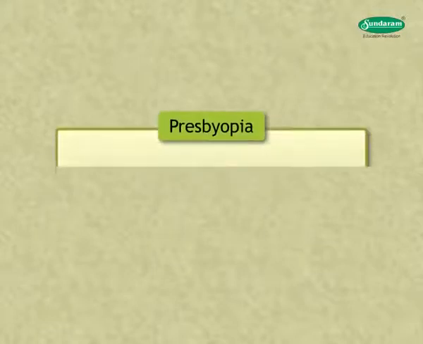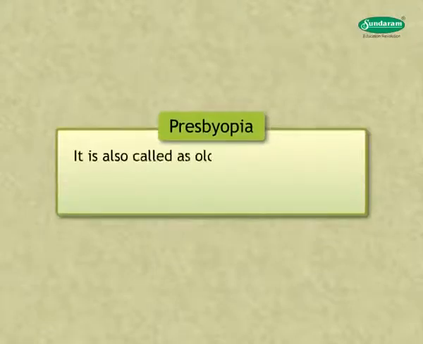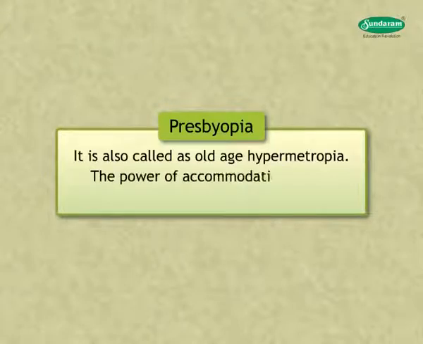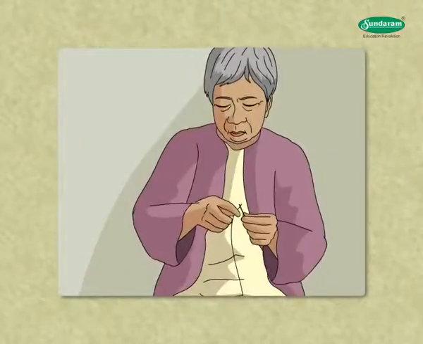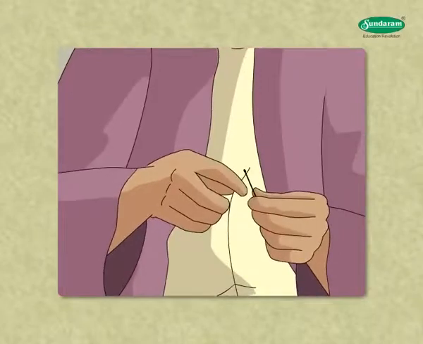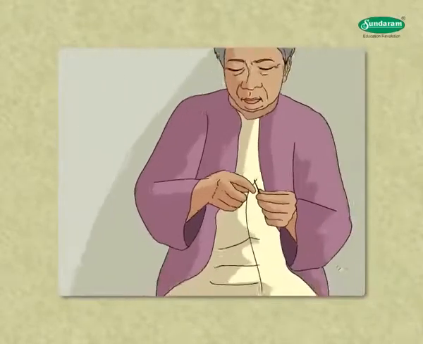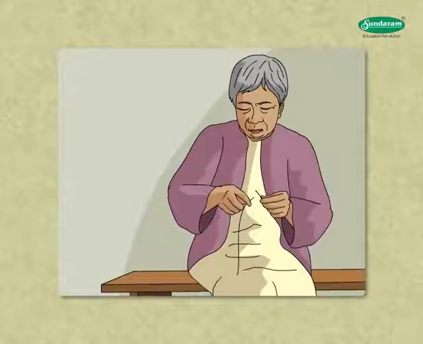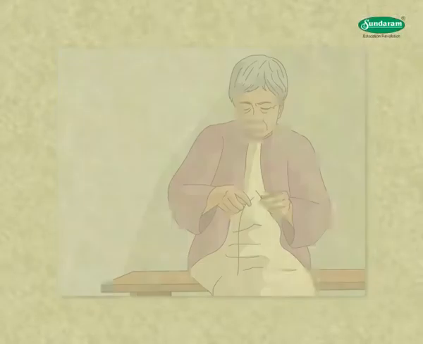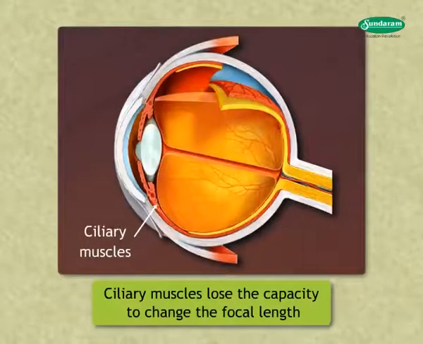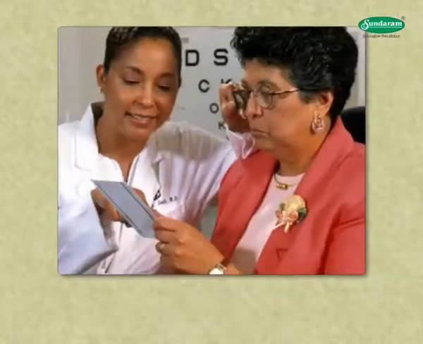Presbyopia. It is also called old age hypermetropia. The power of accommodation of eye usually decreases with aging. The near point of aged people recedes and they find it difficult to see nearby objects comfortably and clearly without spectacles. As ciliary muscles lose the capacity to change the focal length of eye lens, aged people experience